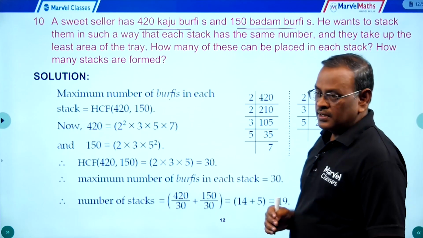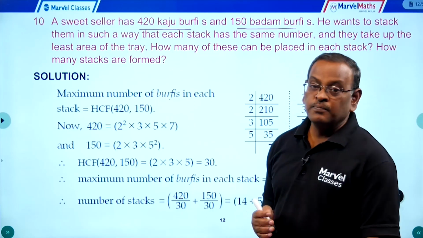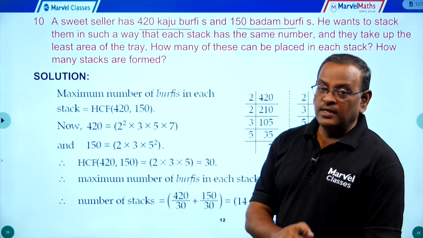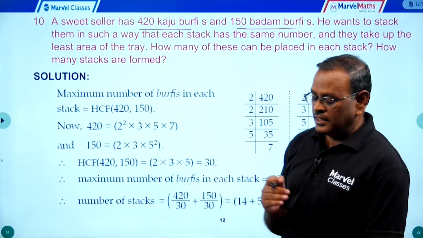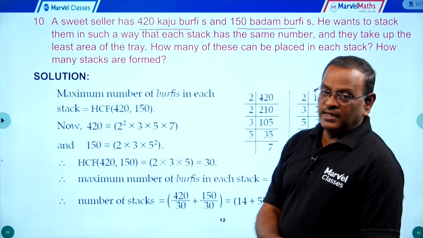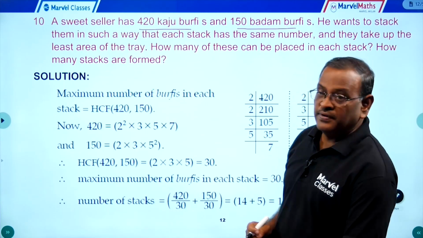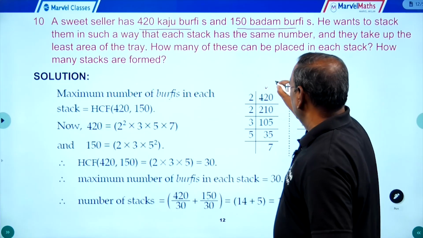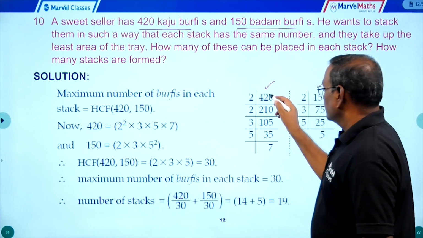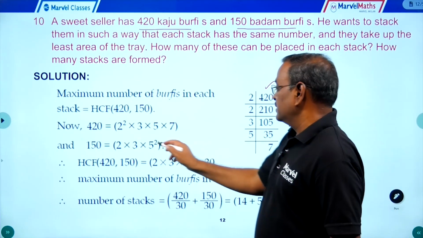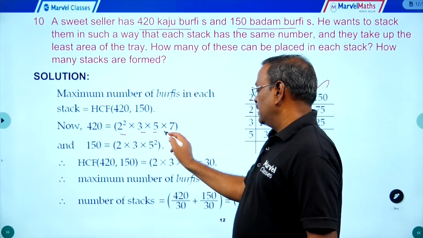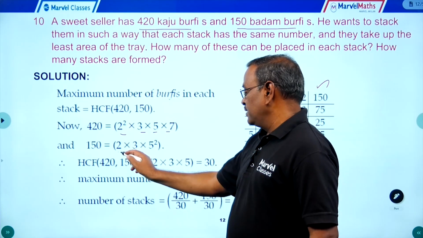One of the very important and tough questions. Usually we have a word problem only with respect to HCF and LCM, but here there is an additional question. After finding HCF, you have to calculate an additional concept. You first find the prime factorization of 420 and 150. So 420 after prime factorization is 2 square into 3 into 5 into 7, and 150 is 2 into 3 into 5